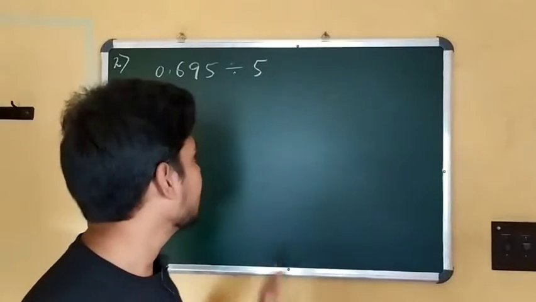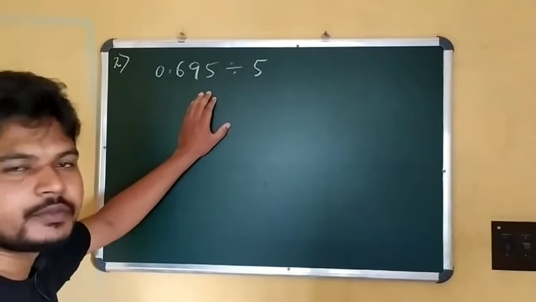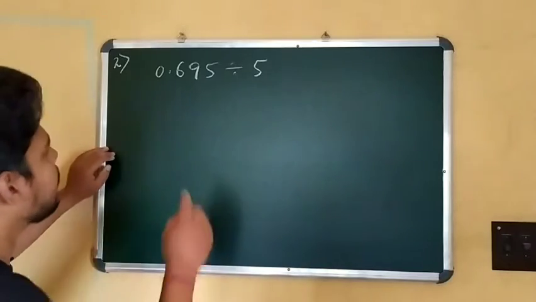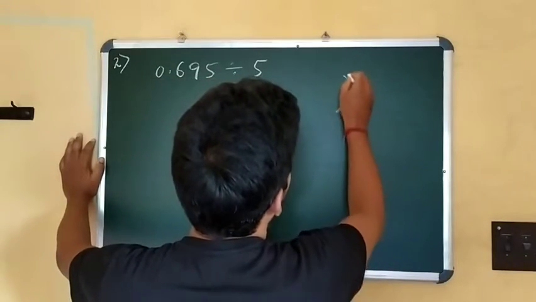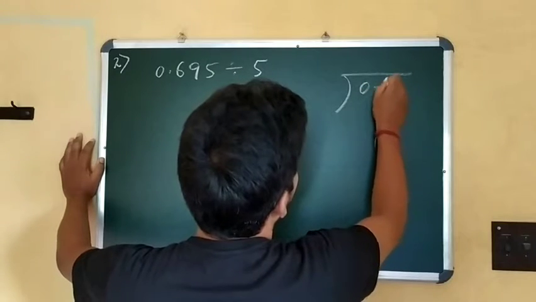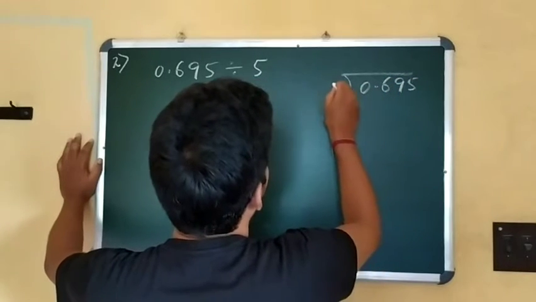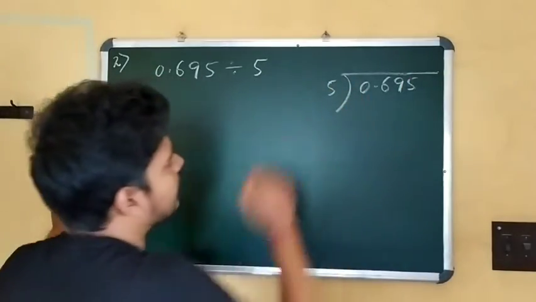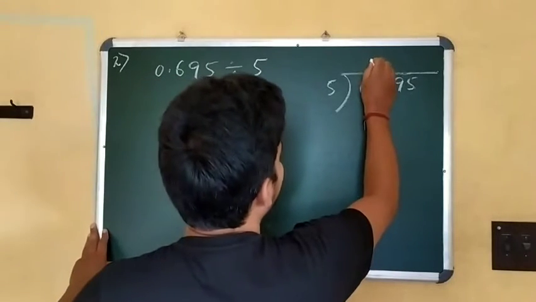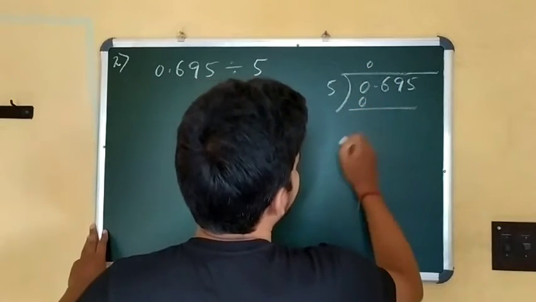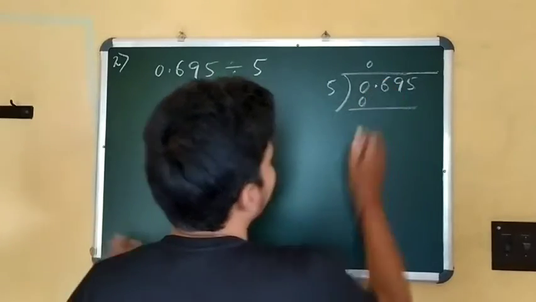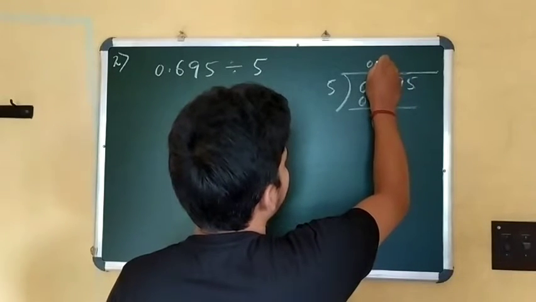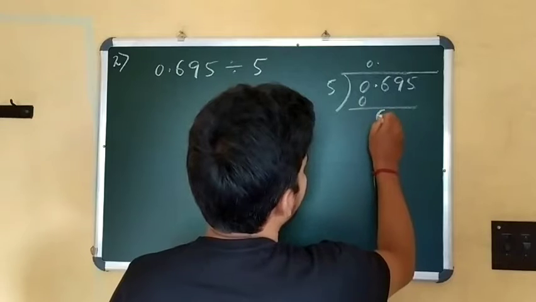Okay. Now let's see what happens in this division. That is one of the most important examples. So at first you have to write down the same thing, 0.695 divided by 5. You learn this in a simple way. You have to focus on this. So at first 0 is written, so you have to multiply 0 with 5, then you get 0. So then you have to shift the decimal point at the quotient to take the next digit. Then you have to shift this decimal point, then you take 6.